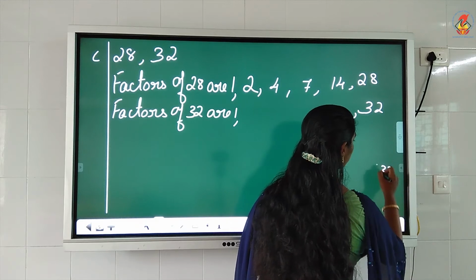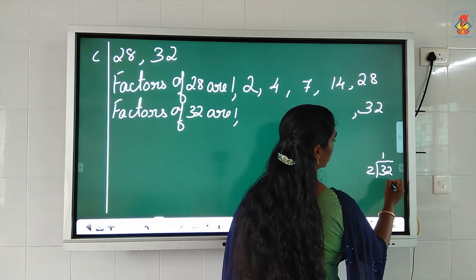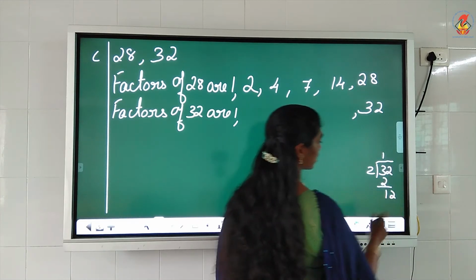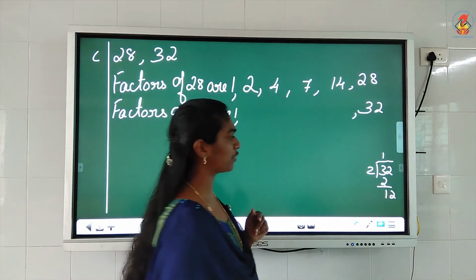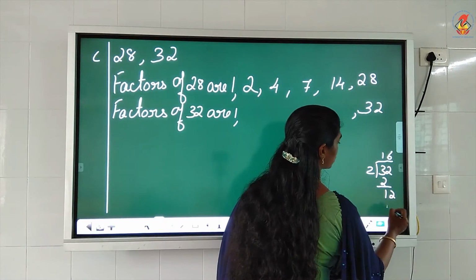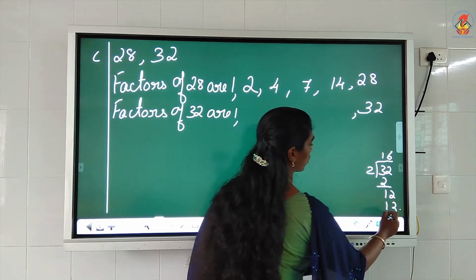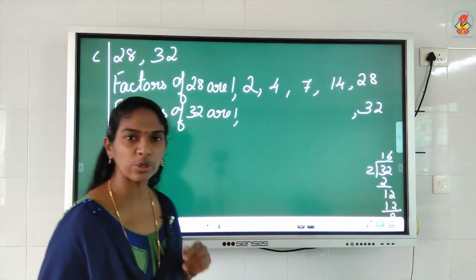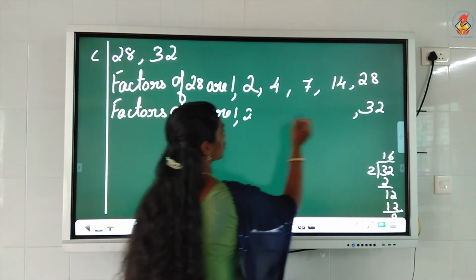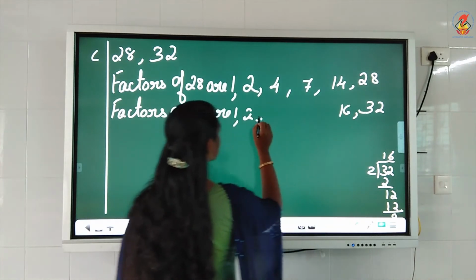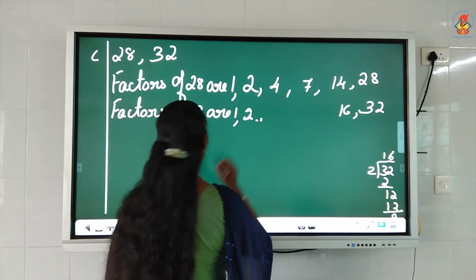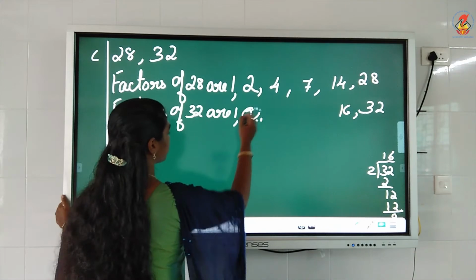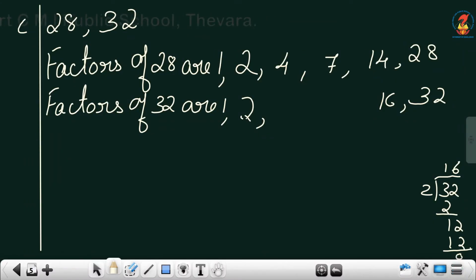32, you divide with 2, what you get? 1 time, you minus, you get 1 and bring down 2. 12. 6 times 2 gives you 12. When you minus, you get 0. So, 2 into 16 is 32. By this time, you should know this, huh? Till 20's table, you people have to know. Okay, children? Okay. 2 into 16 is 32.